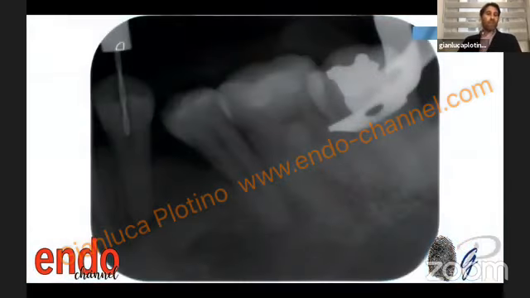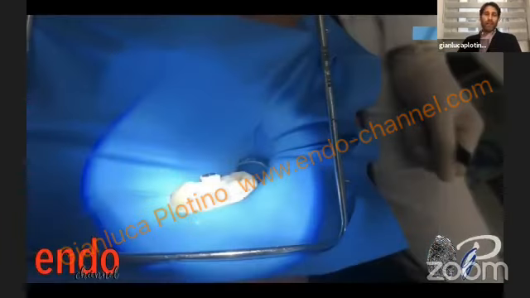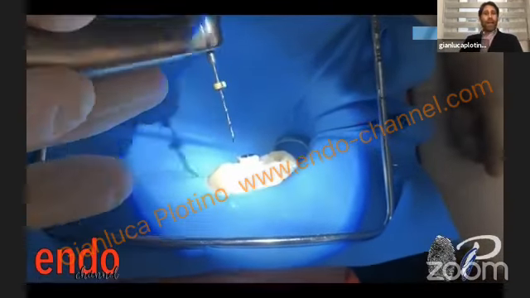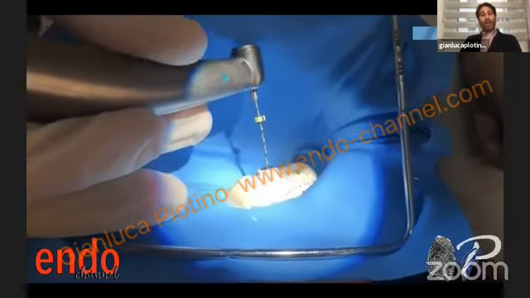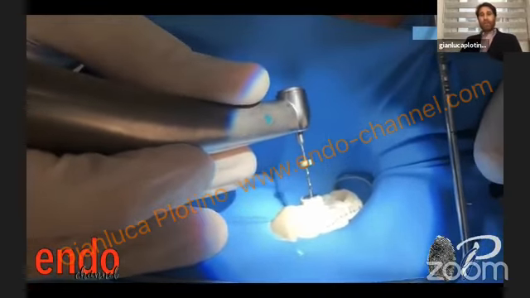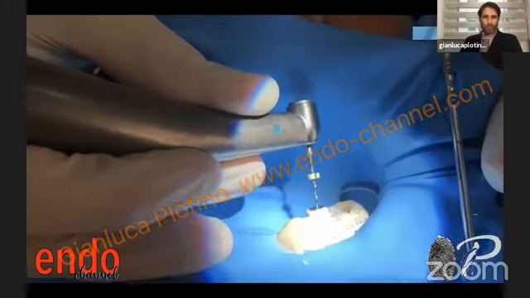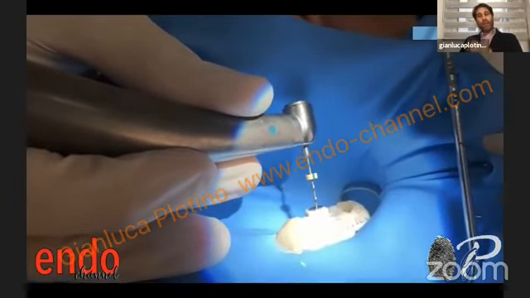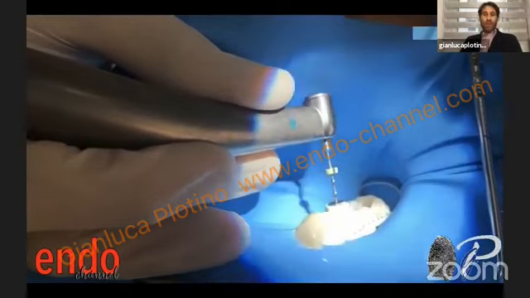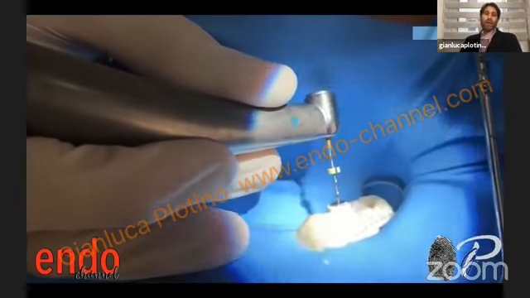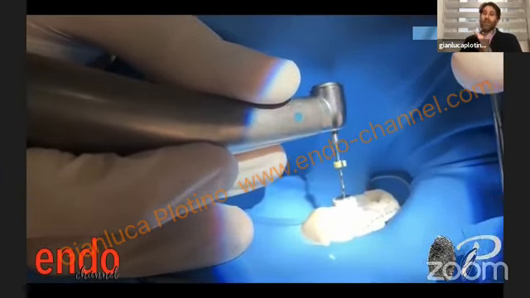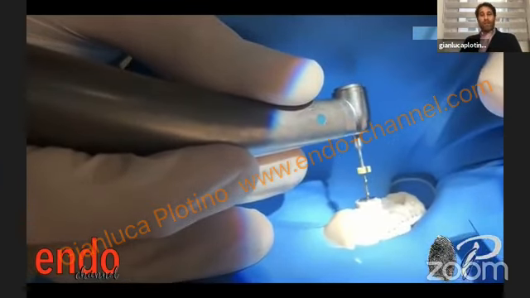that will reach the point in which the canal is seen on the CBCT. So I put the rubber stop at this length, and I started to drill at mid-low speed with the handpiece to find this root canal, strictly trusting in this guide.